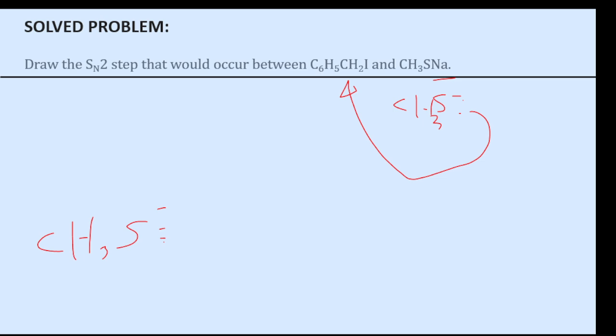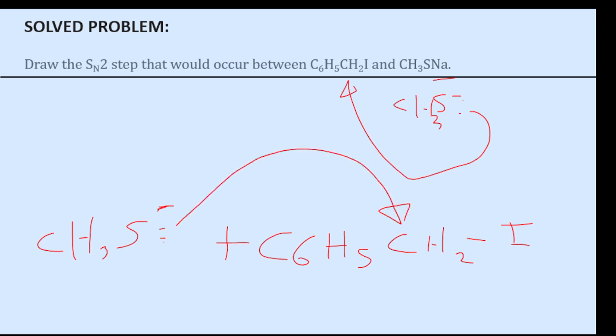Okay. And then that's going to react with the C6H5 CH2. And I'm going to go ahead and put a bond here so you can see the iodide leaving a little easier, okay? Because that's the important parts we need to work with, isn't it? All right, and so I'm going to take this lone pair here. There we go. And I'm going to draw it